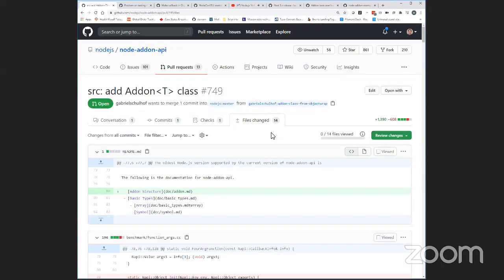Okay. So basically the idea is to turn an add-on into an instance of a C++ class. Every instance of the add-on that Node.js loads on its various worker threads is an instance of a C++ class, and so that removes the need to have any global static data, because now you can just store them as instance variables in that class. Every time you write a binding, this in that binding will be the instance of the add-on.